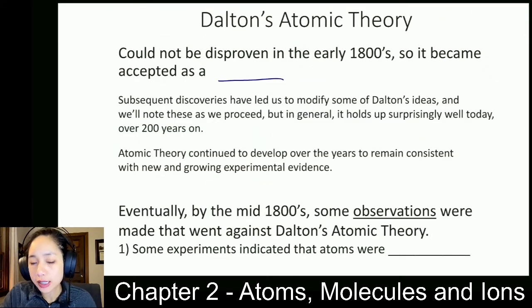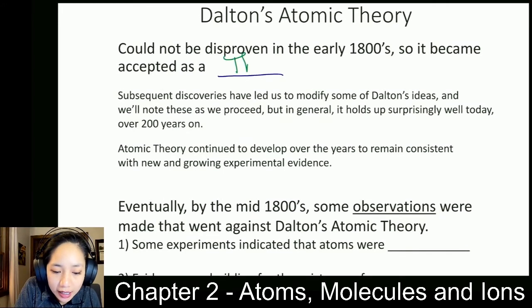So the four postulates that we just talked about form the basis of Dalton's atomic theory. Each one of those postulates is an explanation for some type of chemical phenomena that either he or another chemist had observed. And back when he made these explanations in the 1800s, no one could disprove it. No one observed some type of chemical reaction that went against any of those postulates, like the law of conservation of mass. No one had witnessed something that went against that. So since it couldn't be disproven, it was accepted as a theory.